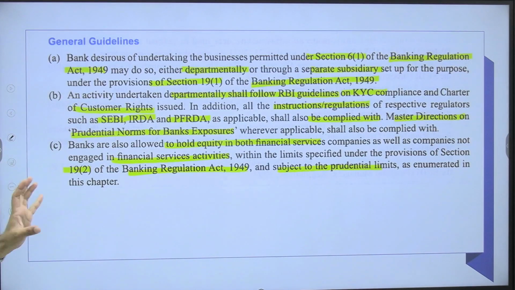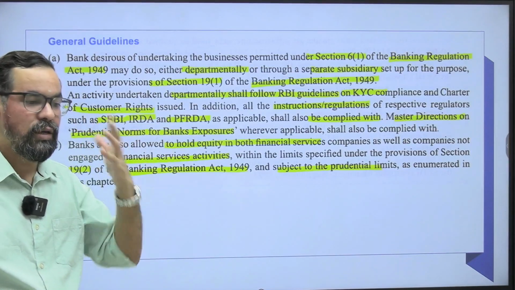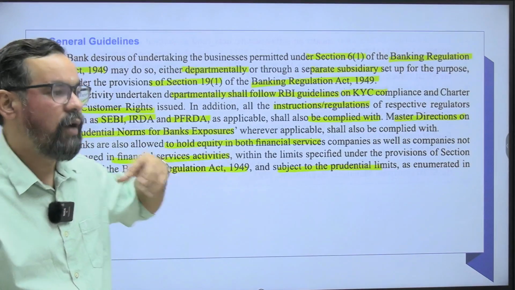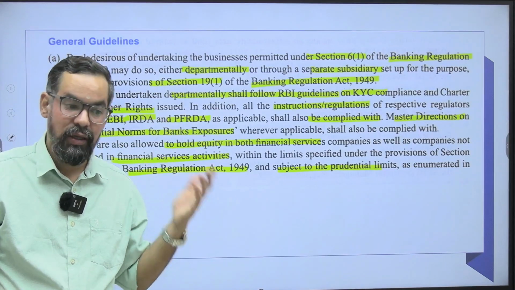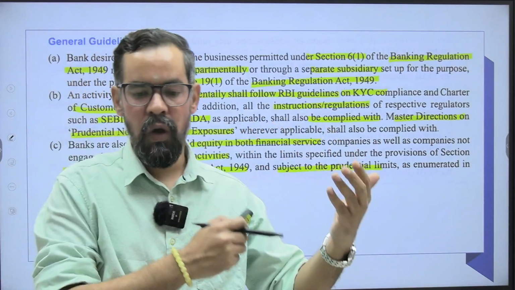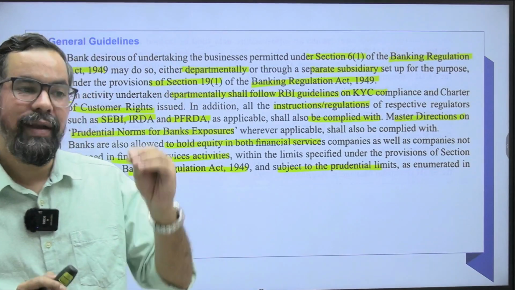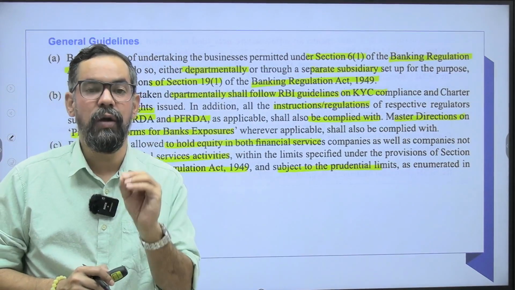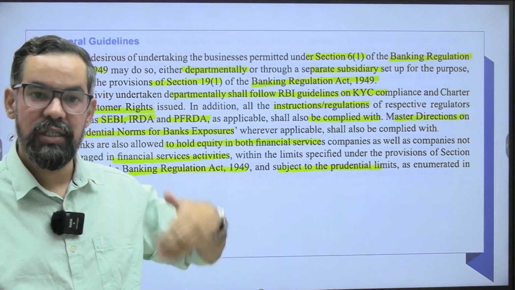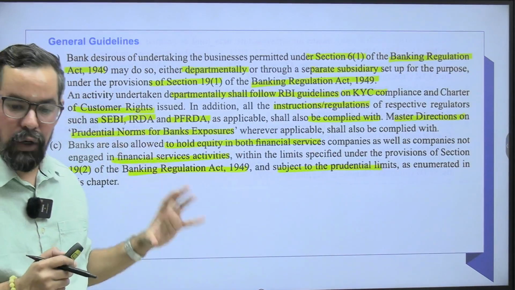enumerated in this particular chapter itself. So again we will go through, like most of the cases it is आपका 10%, ठीक है। सो वन बाय वन, जैसे if we talk around merchant banking, तो कितना स्टेक हो सकते हैं, या if it is part of advisory services or venture capital as a financial service which is provided by banks. So what can be the maximum or minimum limit of ownership that is owned by the bank, that we are going to discuss with our number of questions, ठीक है।